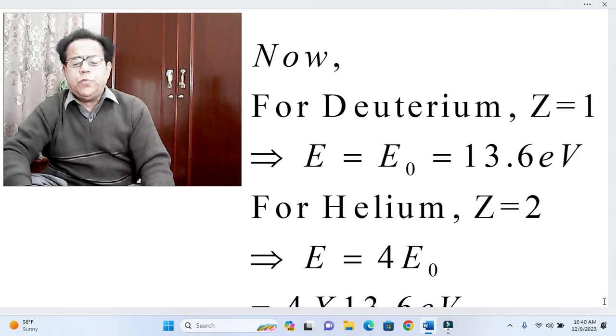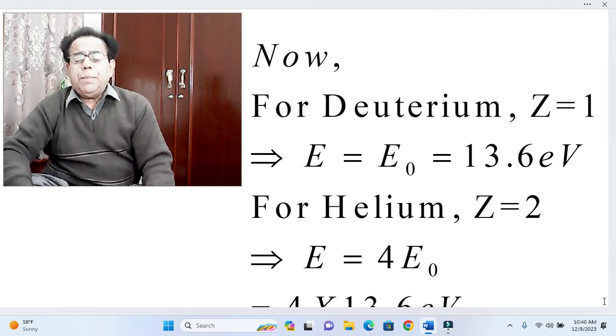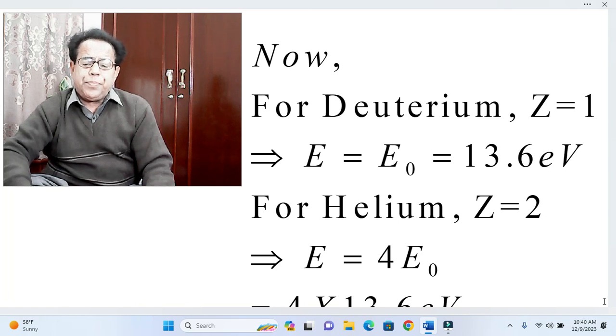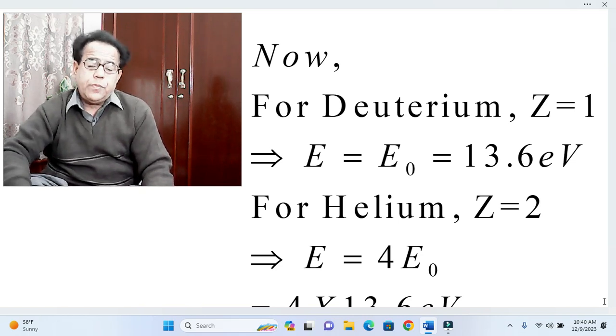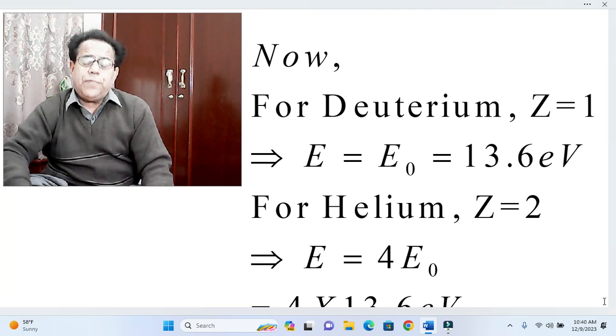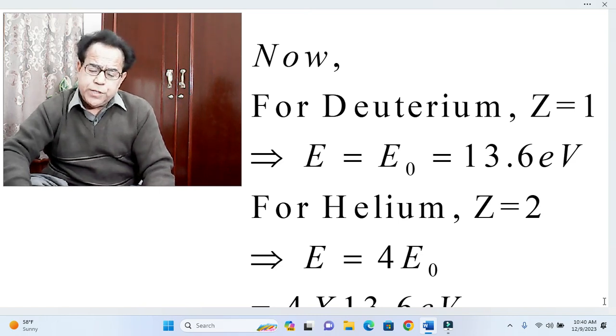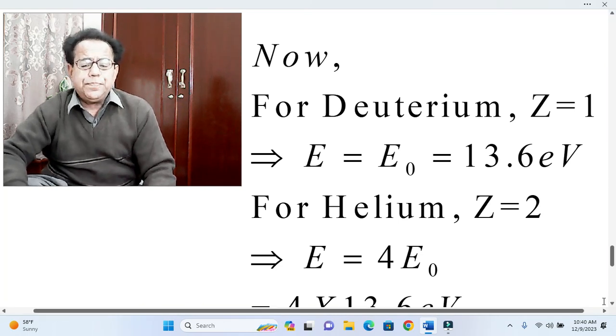In the above expression, only the value of Z will change, the remaining will be constant. So for one time we will put Z equal to 1 for deuterium, then Z equal to 2 for helium, and then Z equal to 4 for beryllium, and we will get 3